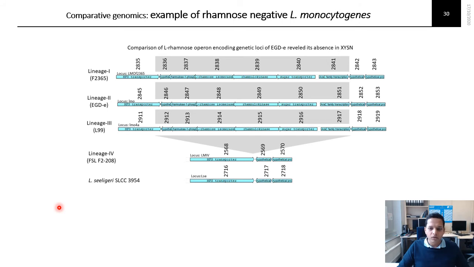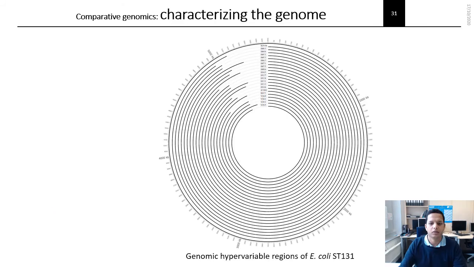So we can use this for virulence as well as for antibiotic resistance or different kinds of phenotypes that we are observing in the laboratory. If we observe different phenotypes, we can sequence their genomes and compare the genomes to each other in order to identify the gene-level differences that are present in these isolates.